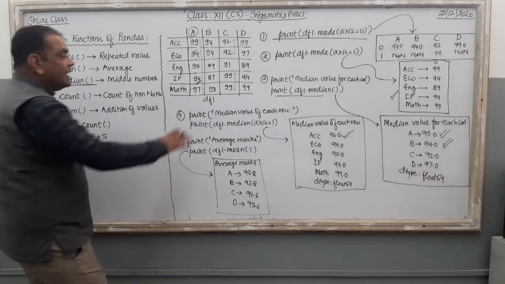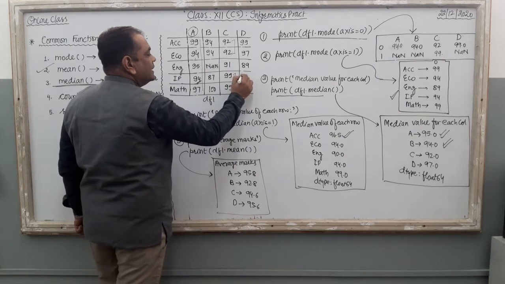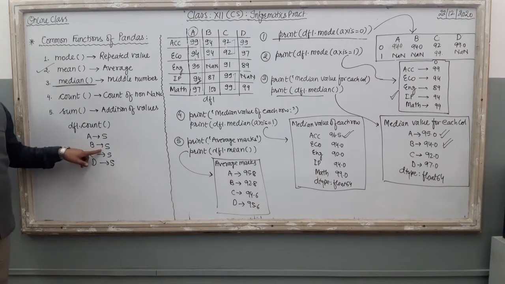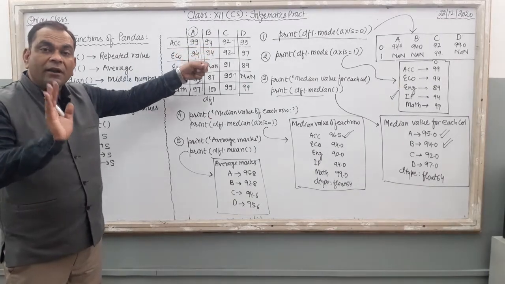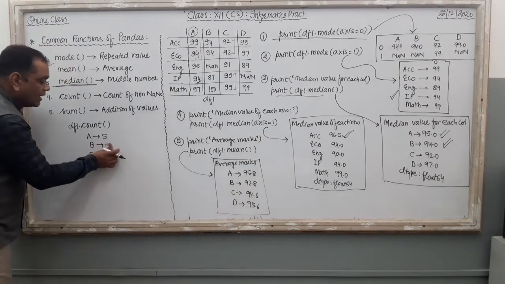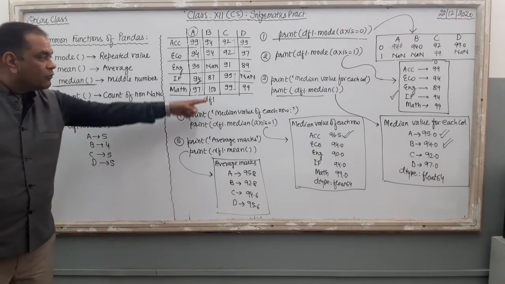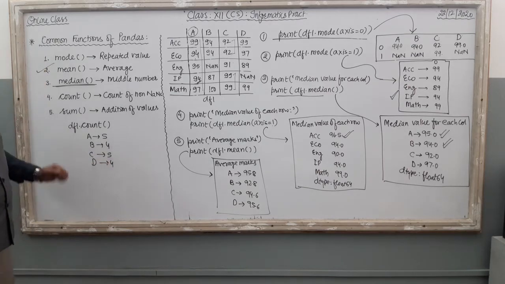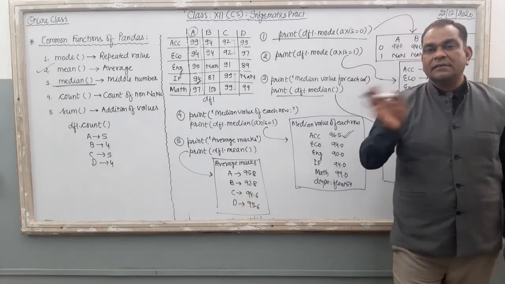Right? Now suppose you see one NaN is there here and one NaN is there here. NaN is available in column B. So now, what will be the result? For B, the computer is going to count the total number of records other than NaN: 1, 2, 3, 4. So here B is 4. Counting of column B is 4, then counting of column C is 5, then D again is 4. This is the result of the counting function. You can apply this count function on axis 0 also, on axis 1 also.